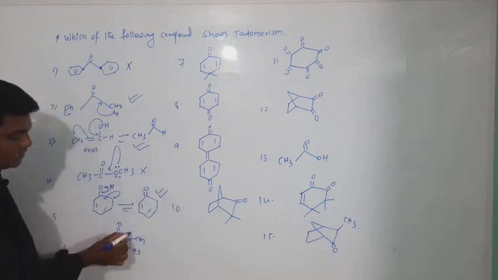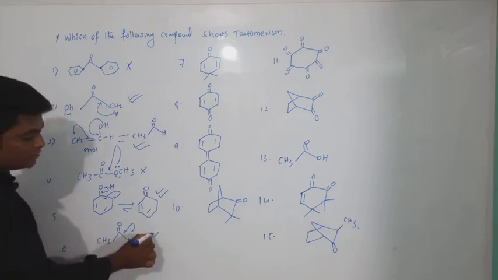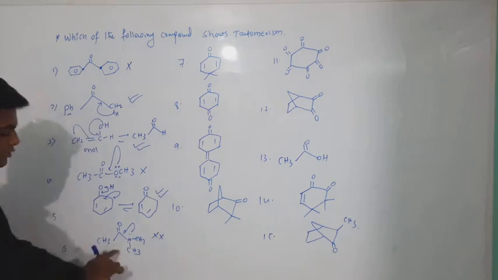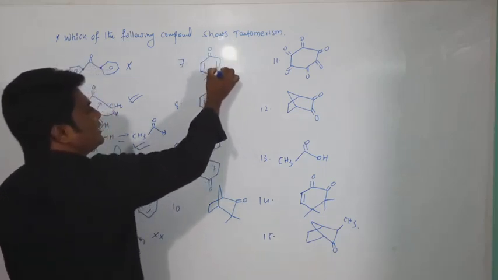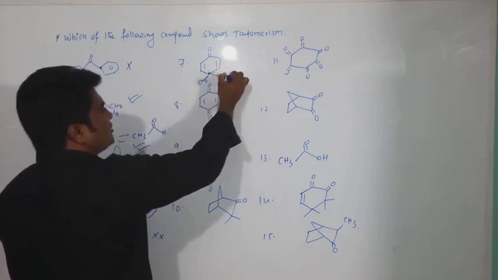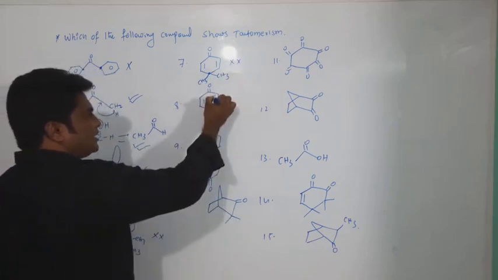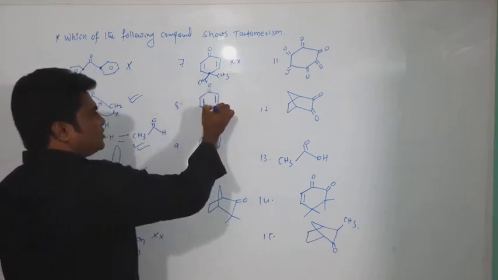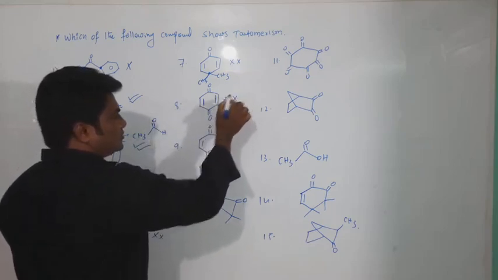Here this is what? Amide resonance, and there is no alpha hydrogen atom. Here alpha hydrogen is there, but this is a less acidic hydrogen atom. Does not show tautomerism. I already explained this one. Now see here, this is carbonyl. Is there any alpha? See here, this is sp3, but there is no alpha hydrogen atom. It means it also does not show tautomerism. Here actually all are sp2, sp2, sp2. There is no sp3 carbon atom. It means it does not show tautomerism.